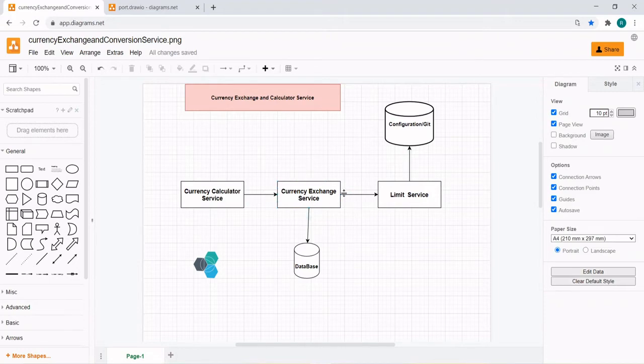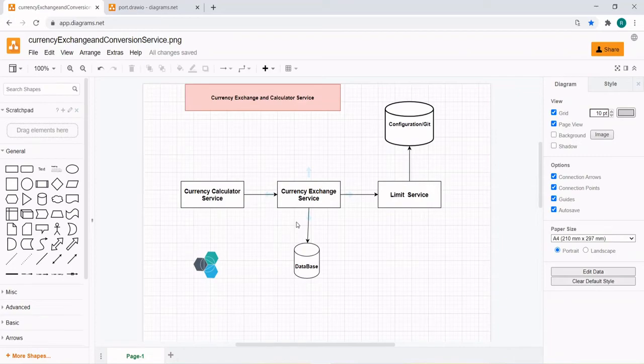So let's suppose you want to convert USD to INR. Before calculating the conversion value, you need to get the conversion rate from USD to INR. What is the value of 1 USD in terms of INR?